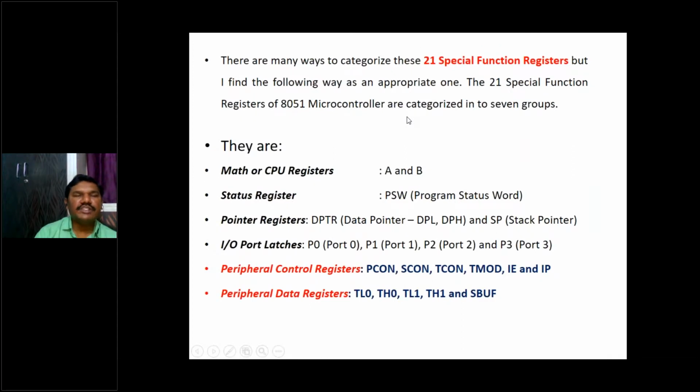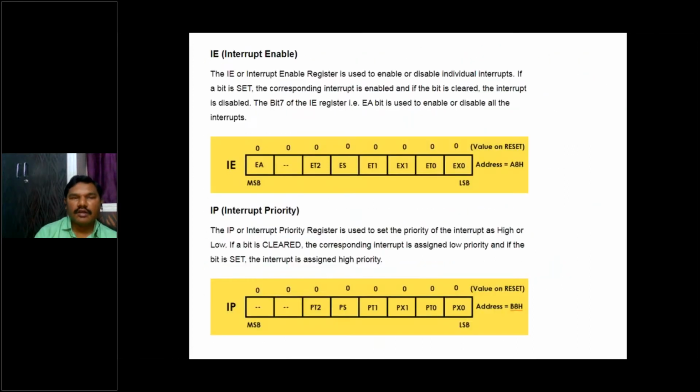Right. So the next registers are the IE and IP registers. IE stands for interrupt enable. So how do we enable the interrupts? What enables are there? EX0 is called external interrupt. In the pin diagram, pins 12 and 13 are INT0 and INT1. So how do we call the INT0 and INT1 of your pin diagram? By using EX0 and EX1.